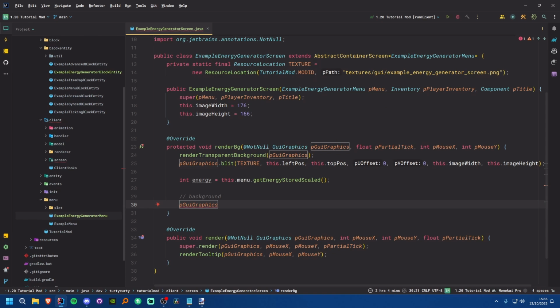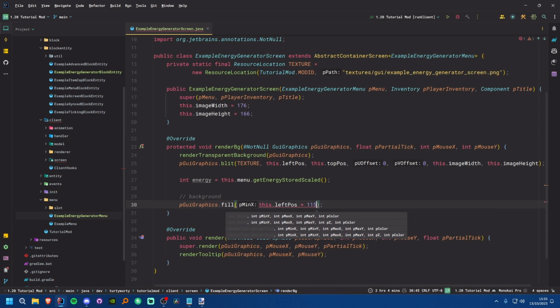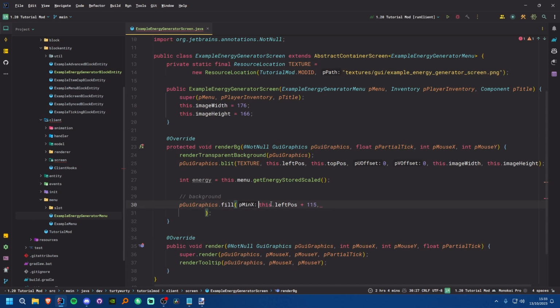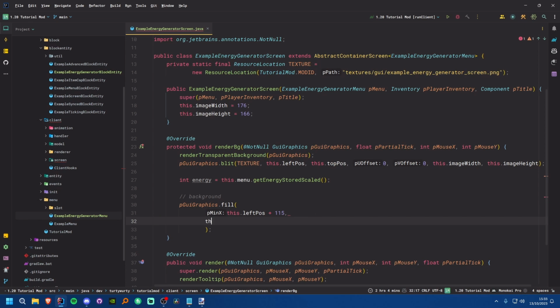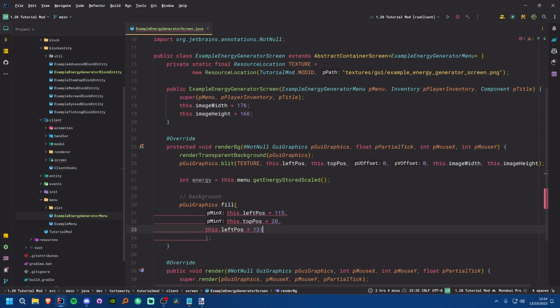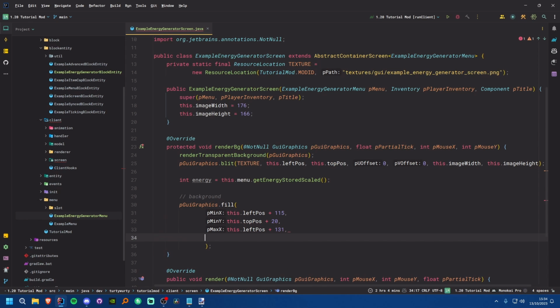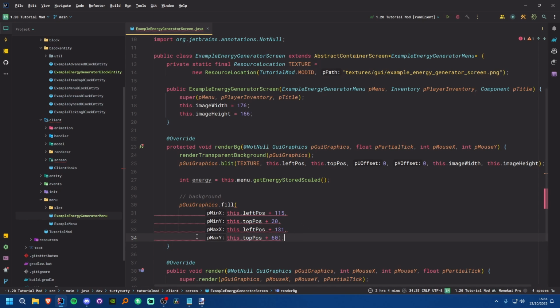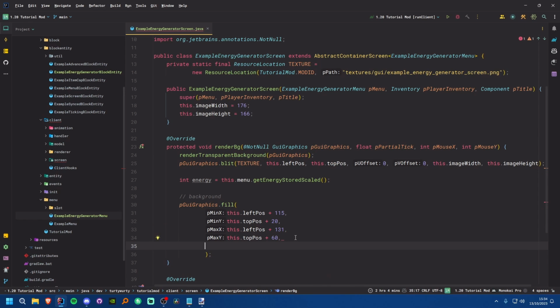So all we're going to do is pGuiGraphics.fill, and I'm going to fill from the left position plus 115, so that'll be my X, and I'm going to new line that as well. Then from the top position plus 20, then from the left position plus 131, so that'll be the maximum X position, and then from the top position plus 60, which is going to be the maximum of the Y. And then we need to provide a color as well, which I almost completely forgot about. The color I'm going to be using is